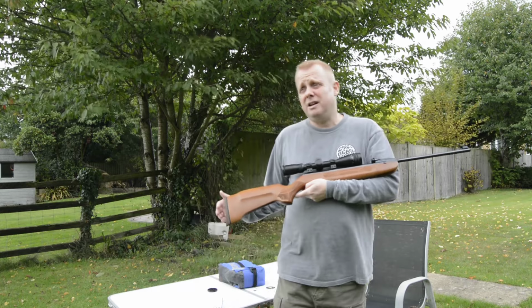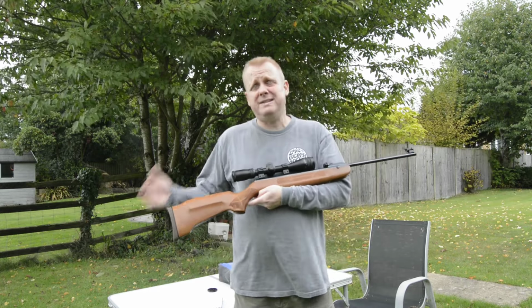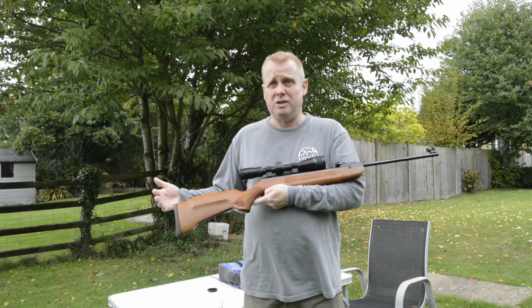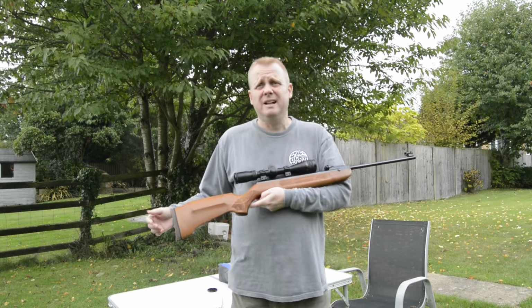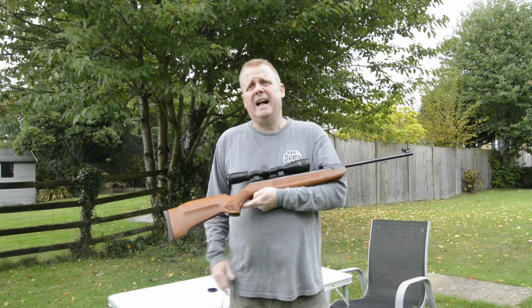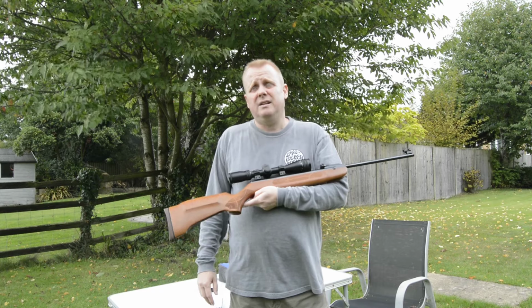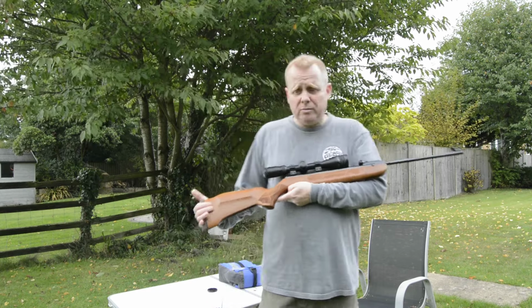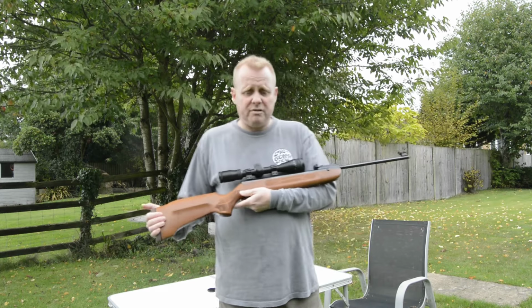So we've increased the power by 0.7 foot-pounds, and we've decreased the shot spread by 7 feet per second. So we've almost halved the spread between the 6 shots, which I think is really good. In terms of the firing cycle, one of the other things I said in the video that I was really